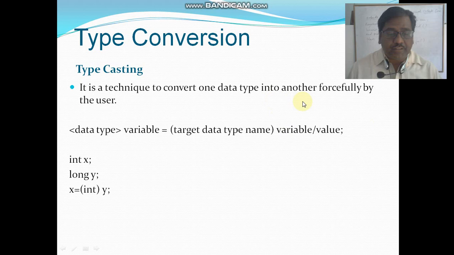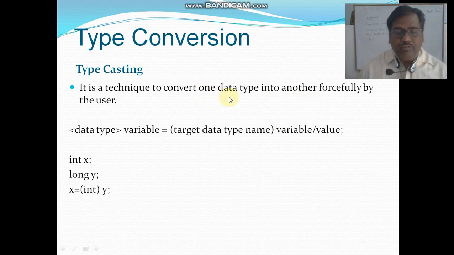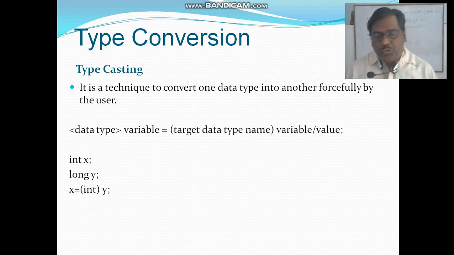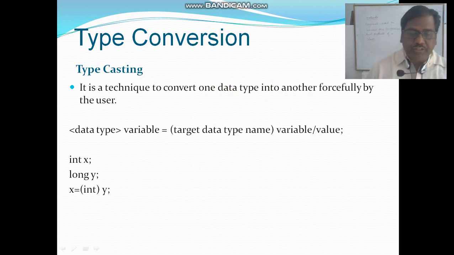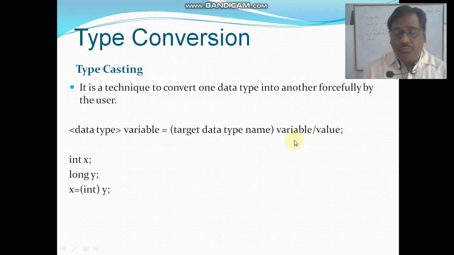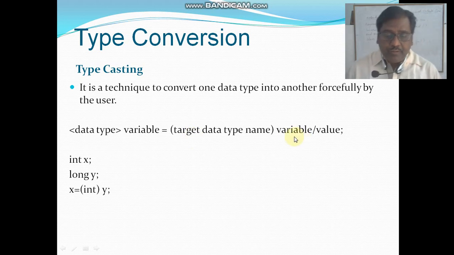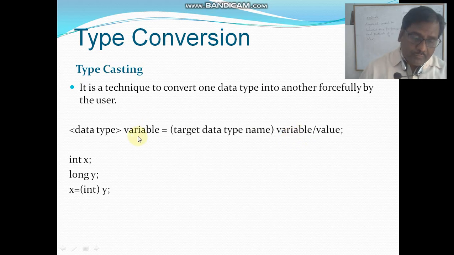But when the left hand side is small and the right is large, it will not be transferred automatically. Now we will discuss typecasting. It is a technique of converting one data type into another forcefully by the user. You have to convert the right hand value or variable to the data type of the left hand side.